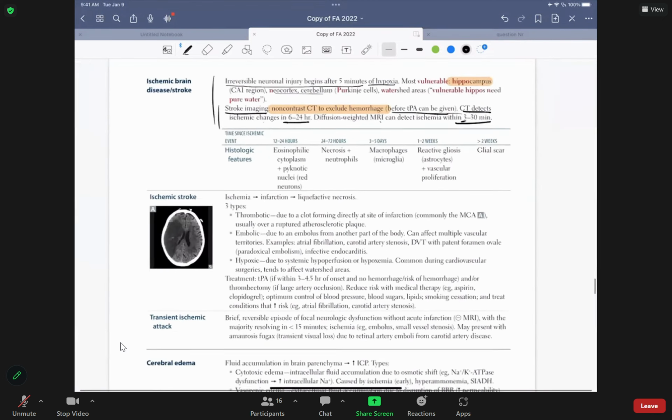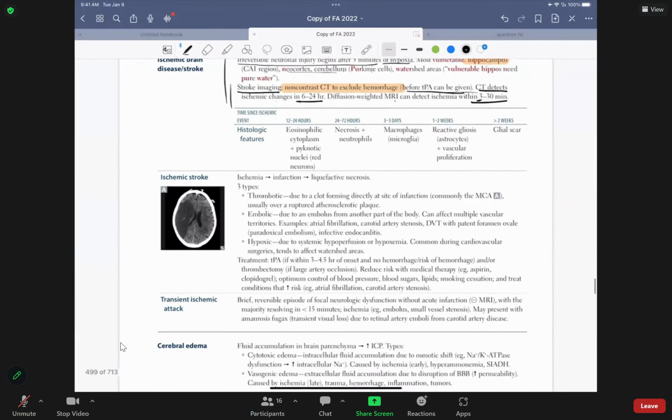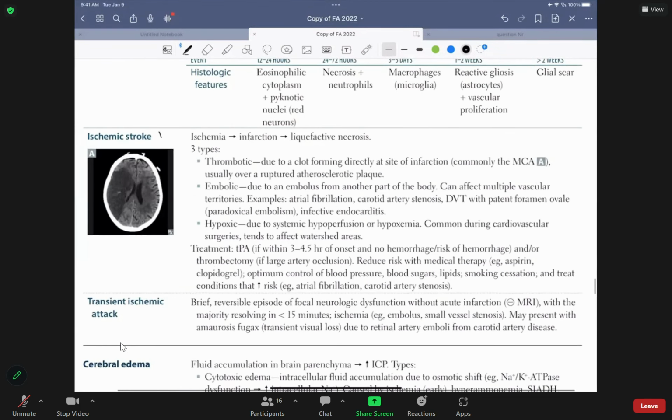Now let's talk about treatment a little bit here. They're talking about the ischemic stroke, right? There are 3 types of ischemia you could get. You could get embolism. That's what I explained. You could also develop your own embolism, what we call thrombosis, isn't it, folks? Okay. And then, of course, hypoxic. That means low oxygen due to any reason, right? You could have some cardiovascular issues, low cardiac output, anything. All 3 of them literally cause decreased oxygen perfusion to the tissue. Is that clear, folks? All right.